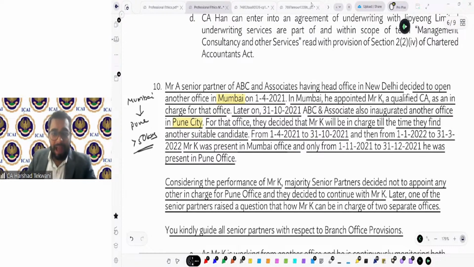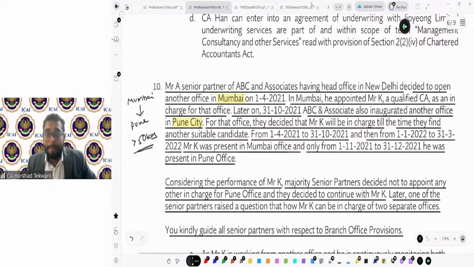Okay. So I have received the answers for this particular question. Now, let us understand. The provision says that usually a chartered accountant or a member of the institute should be in charge of a separate branch office. But there is an exception when it is within a 50 kilometers radius from the end of the municipal limit. I told you, Mumbai to Pune is near 160 kilometers, not 50 kilometers. So this is not within the limit of 50 kilometers from the municipal limit. That is for sure. This is an altogether different city, far away.